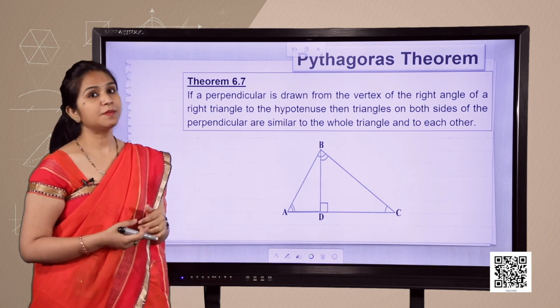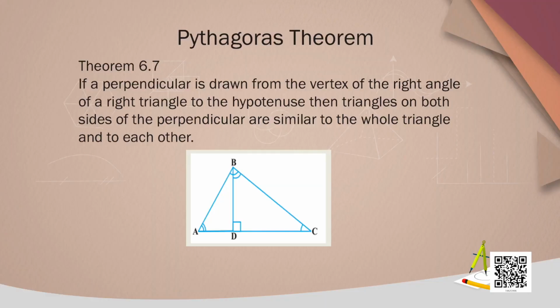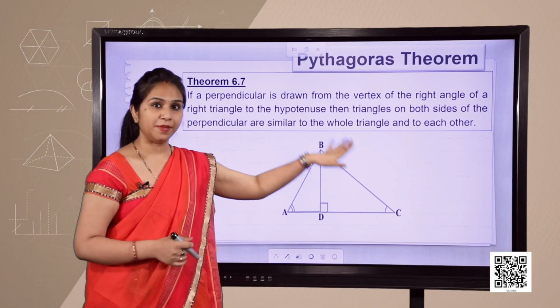So, what this theorem 6.7 says, that if a perpendicular is drawn from the vertex of the right angle of a triangle to the hypotenuse, then the triangles on both sides of the perpendicular are similar to the whole triangle and they are similar to each other, which means if we have a right angle triangle ABC